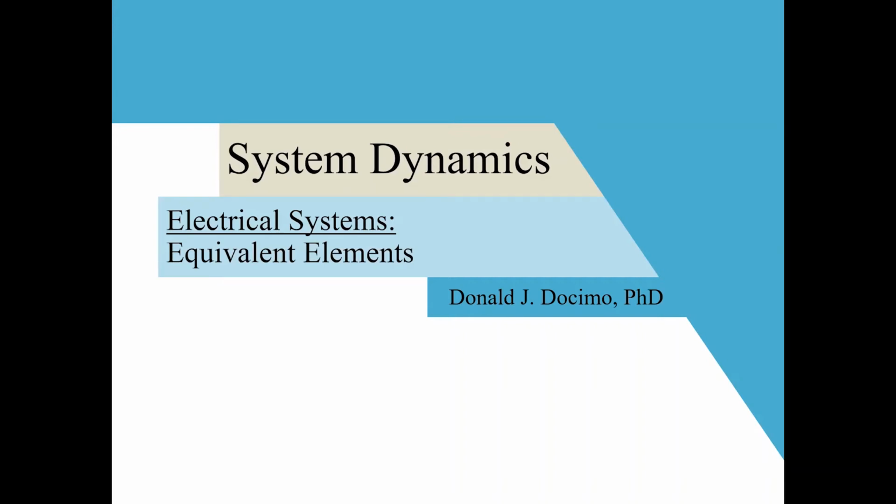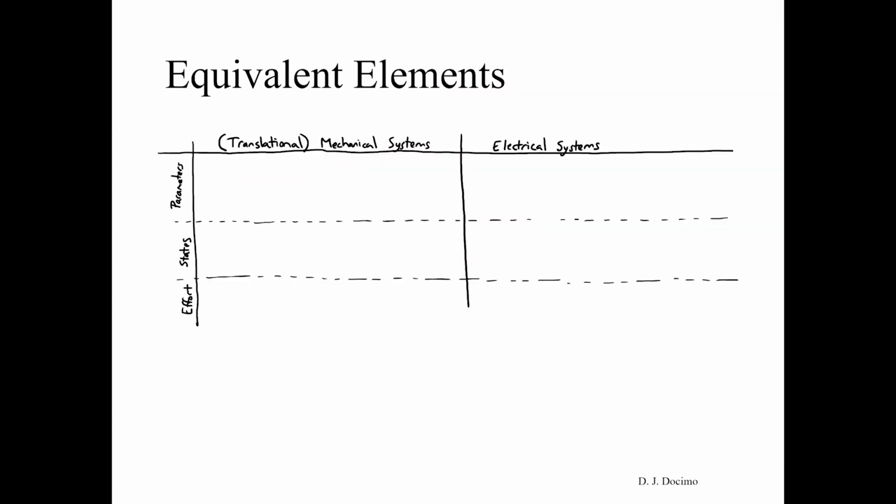Okay, this video is going to go over equivalent elements between electrical and mechanical systems. The equivalent elements are broken up into three different areas or topics. First are parameters. So things like this: we had a mass in mechanical systems for translational mechanical systems. Well, the equivalent to that in an electrical system is going to be an inductance represented by an L with